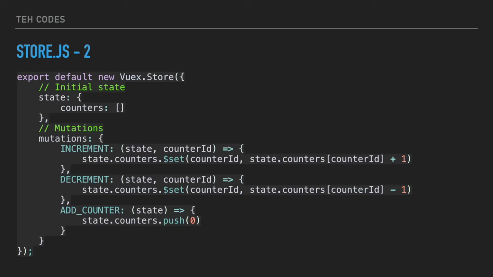One thing to note: the whole point of using Vuex is that we can take advantage of Vue's reactivity system. So you have to follow the Vue reactivity rules as set out in the Vue documentation. Here we've got an array, state.counters, and in order to mutate an element of that array, we should use this convenience $set method. So $set the element at index counter ID, and then change the state of that counter by adding 1 to it.